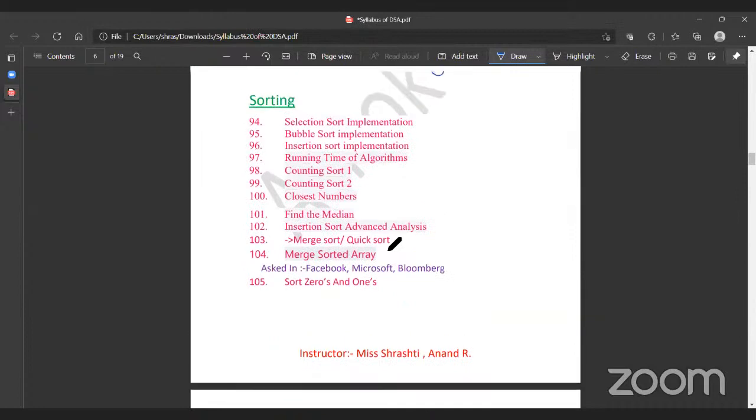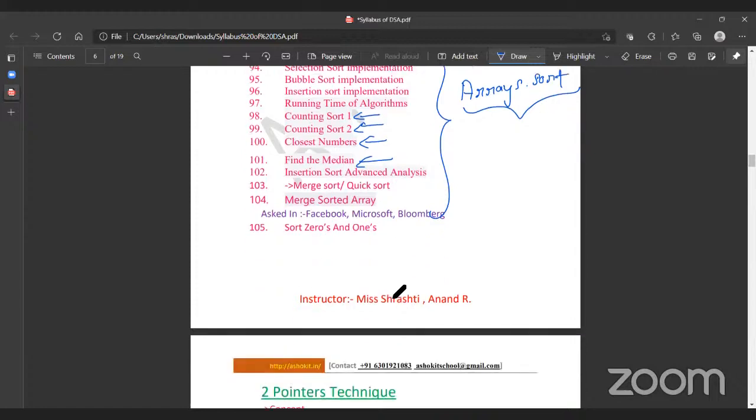Next is sorting. Sorting is something which we know. There can be various kinds of sorts, and there is a well-defined function for that, Arrays.sort. But we need to understand what kind of algorithm works inside Arrays.sort, and what the implementations of these sorts are. It's a very basic thing you can expect an interviewer to ask during an interview. Sorting is something interviewers expect you all to know. Is it clear?